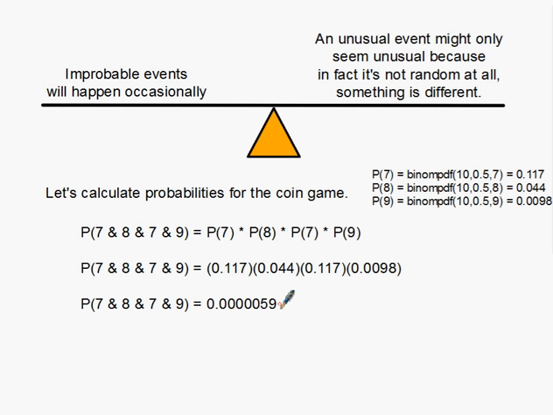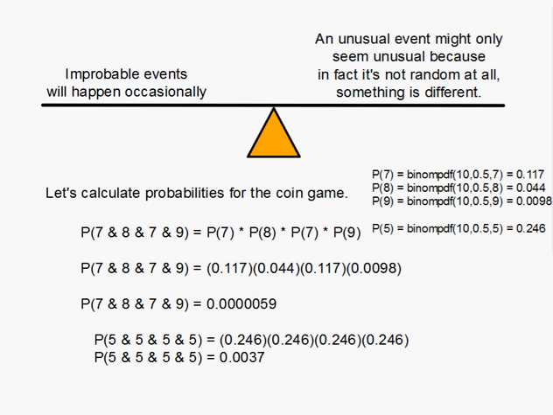Incredibly small probability. Now, we actually have to step back, and I would consider this to be an incorrect calculation. Nothing wrong with the numbers per se, but we set it up wrong. Let's look at 5 and 5 and 5 and 5. That, in a sense, should be maybe the most probable. We can get our binomial probability for getting 5 out of 10. One of the most probable outcomes is still less than 1%.